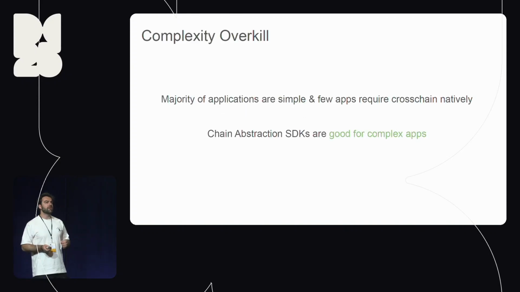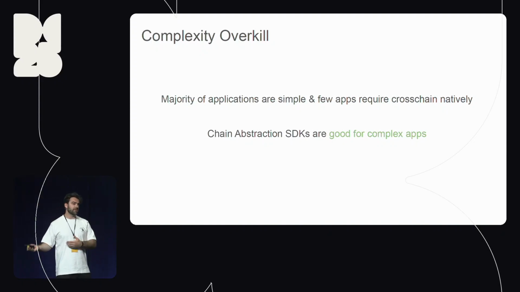So a lot of what we've been doing, and especially in the chain abstraction movement, as a solving team, right, we deal with this all the time, solving intents on various platforms, some like CowSwap or Across and so on and so forth, where a lot of this abstraction is taking place. The vast majority of applications, do we have app developers here? But the vast majority of applications do not need to do complex flows. A complex flow might be, okay, you're a portfolio manager and you're moving and rebalancing funds between chains, so you need to build these complex cross-chain queries. Nine times out of 10, you do not need that.